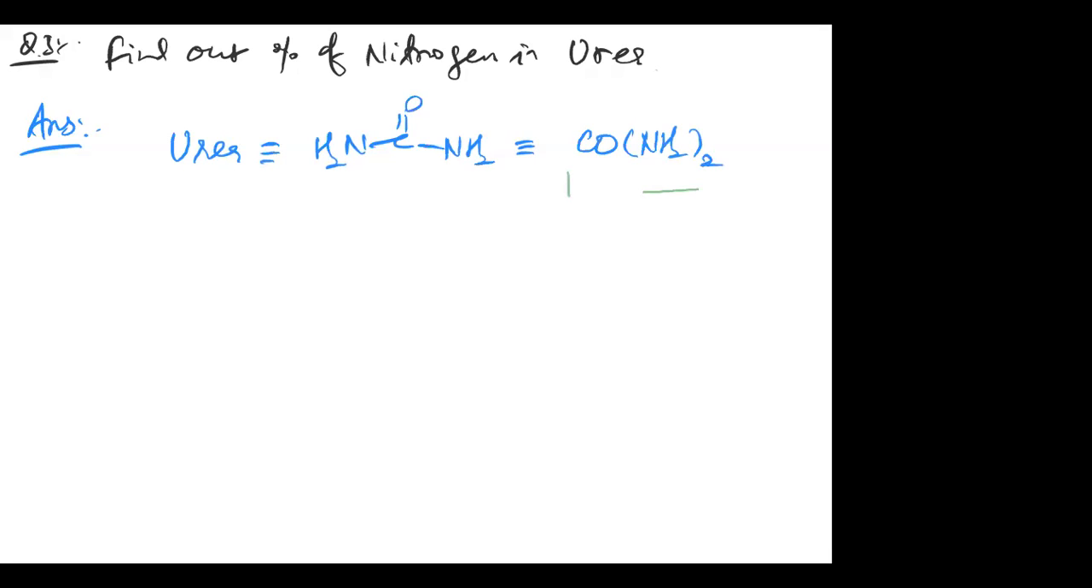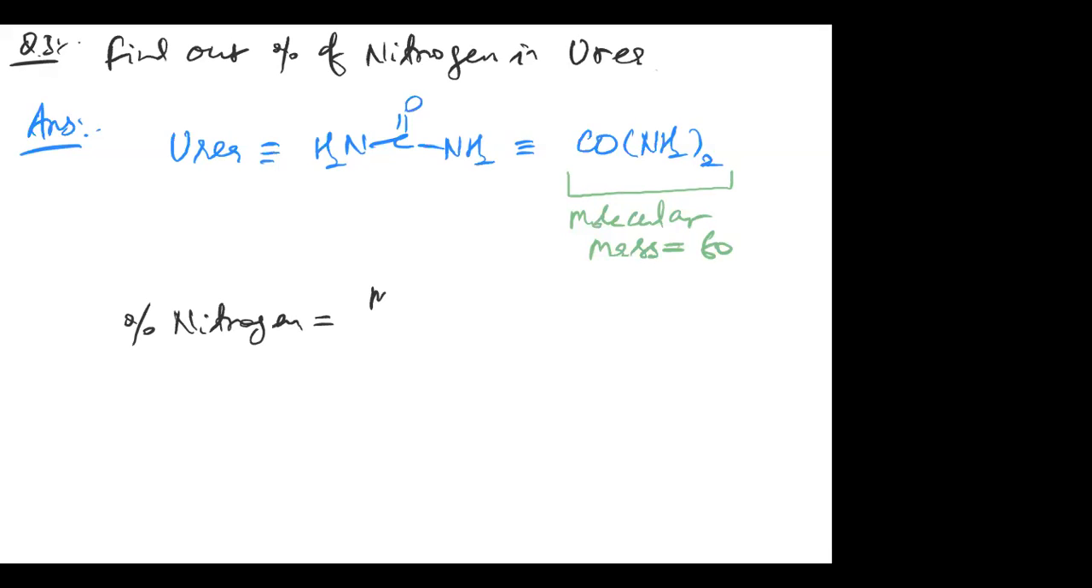In this case, the molecular mass comes out to be 60. How does it come? Carbon 12, oxygen 16, nitrogen 28, and 4 from hydrogen. So its molecular mass comes out to be 60 in total. Out of 60, if you see the mass of nitrogen, so if you see percentage nitrogen